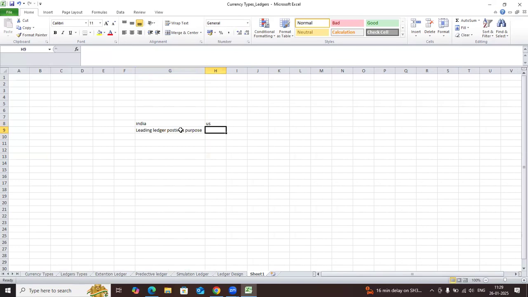whereas in US, this postings, whatever data we have, for example, I'm posting salaries account, salaries debit, bank credit. So I just posted this entry in India. I want to update this expense in US also. How is it going to update? So for that we are going to use the parallel ledger accounting concept. So to update this data